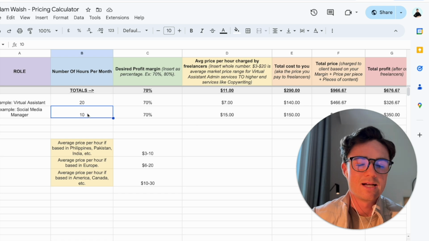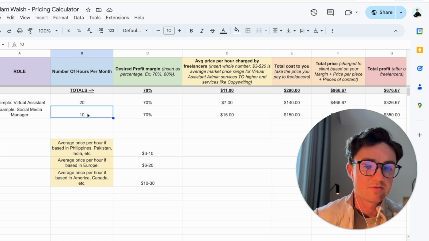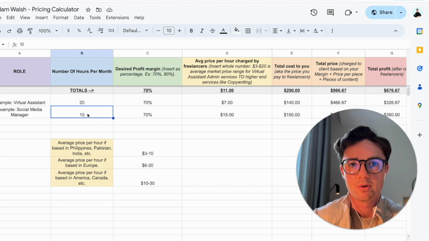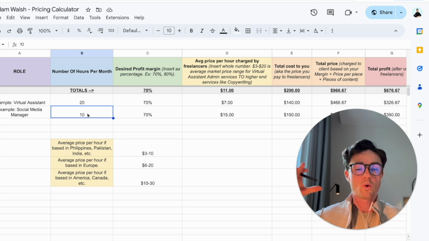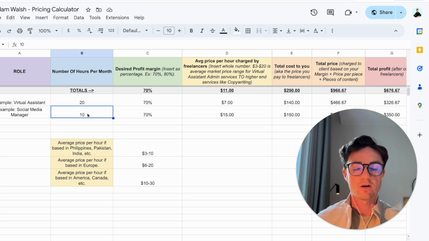Let's say the estimated hours per month is 10. Where did I get this figure? This is 20 minutes per day spread across 30 days in a month. That's the rough estimate. 20 minutes per day is going to be enough. If you have a graphic designer creating a piece of content for you, or a video editor, and then you're taking that piece and you're going to post it, write a caption for it, post some stories, and maybe reply to some comments and messages, assuming this is a small business, and this isn't a business with 50,000, 100,000 followers, then this should work for you.